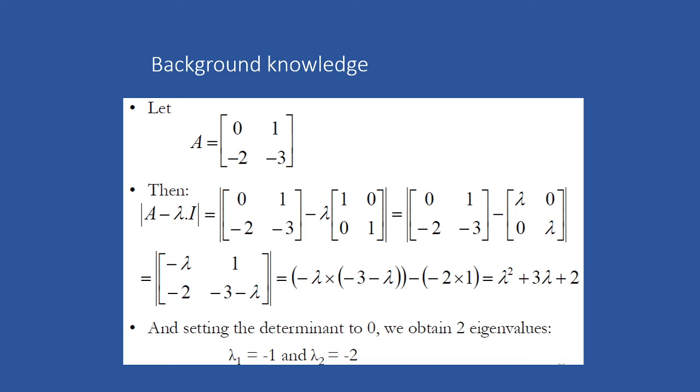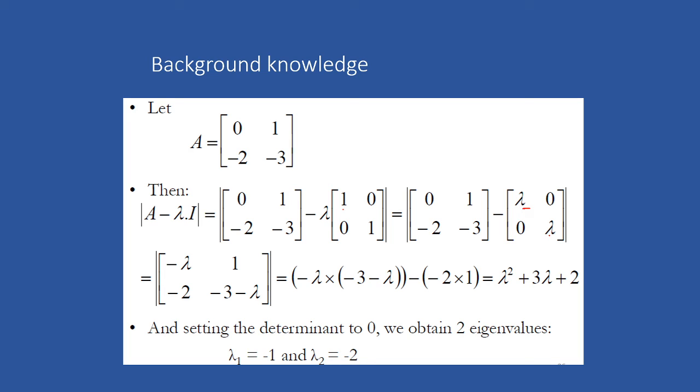So let me take A as the matrix 0, 1 and then minus 2, minus 3. So these are the data elements, and then we are going to find A minus lambda I, where lambda is the variable I am going to consider, and the I value is 1 0 and then 0 1. If I multiply all these values, I will get 0 1, minus 2 minus 3, minus, and here this will be multiplied by the unit vector.